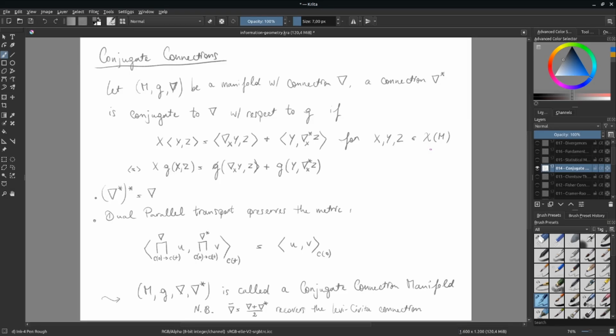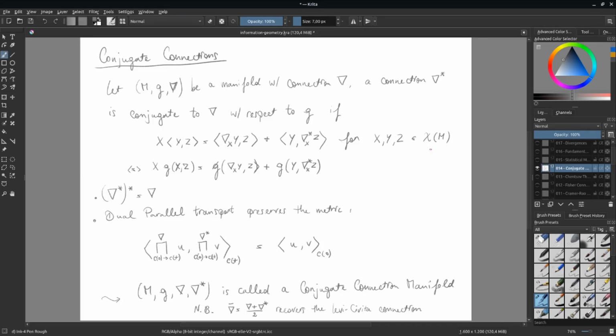Again, we can just rewrite the same using the metric. One nice property is that the conjugate of the conjugate is the original connection, so essentially it's unique in some sense. And in fact, if you have a connection and a metric, you can find a unique conjugate connection for that connection. And so the nice thing is that if we now do the dual parallel transport, that again preserves